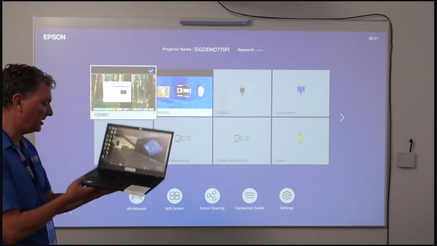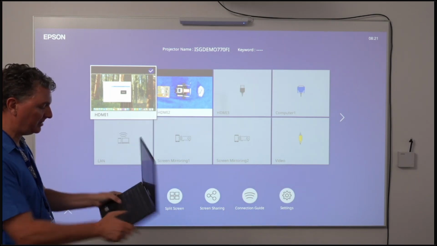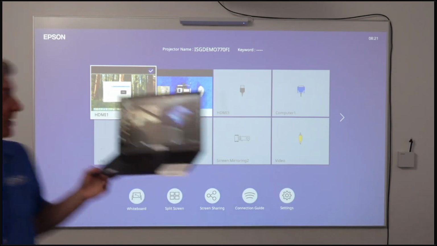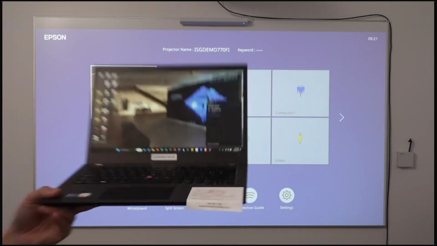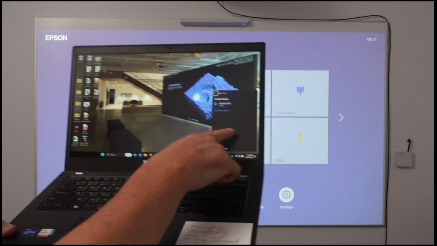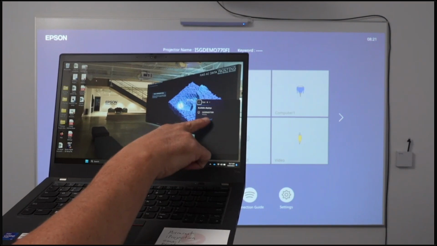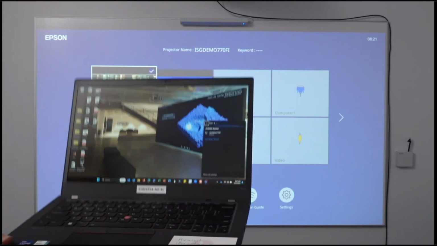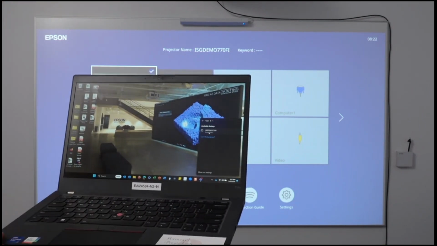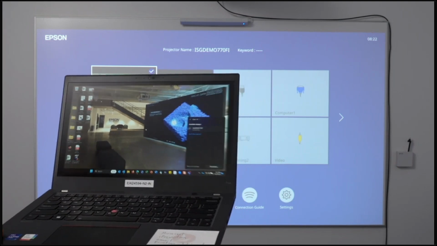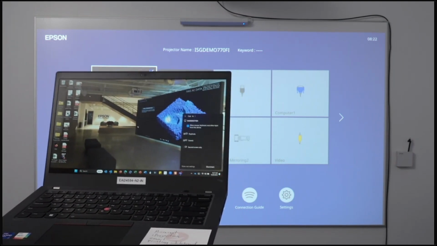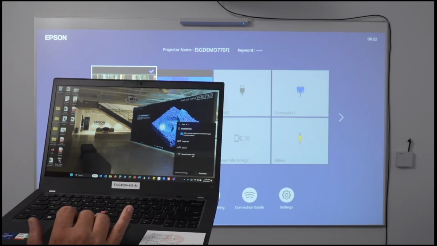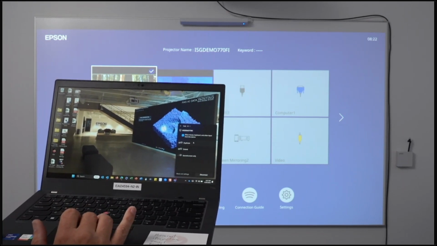So for Miracast, you'll go ahead and press the Windows button and the K button. And maybe I should have left it connected so you can see this. You'll get a pop-up on the right-hand side here, and it's going to show your available displays. So here's ISG Demo 770. That's the model of our projector. I'm going to go ahead and select that, and you'll see a little connecting message. And then it's going to give you options to duplicate, extend, second screen only, etc. I'm going to duplicate